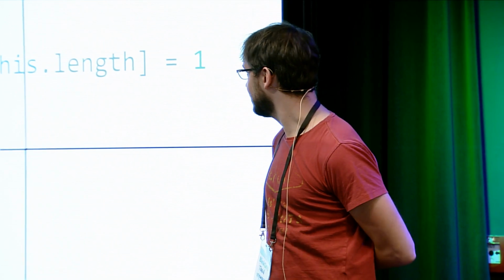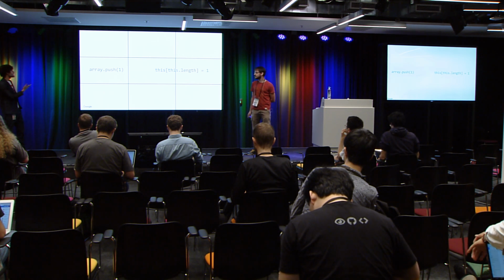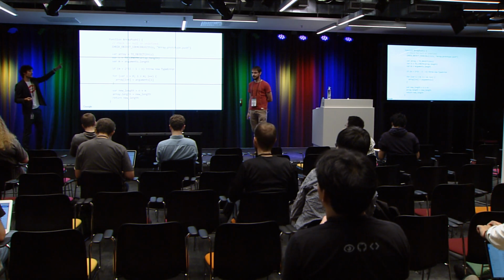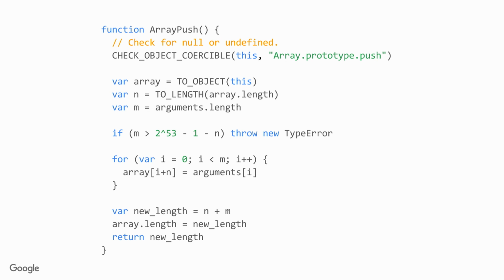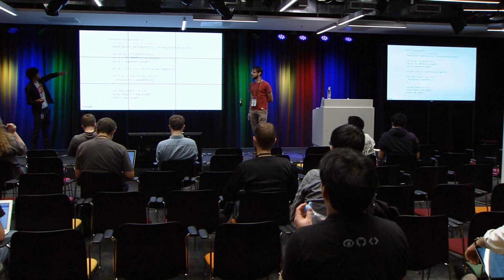Just to give an example of how this might work, here is this simple array push function. Conceptually, what this does is you just set the value at the length of the current array. That's a very simple operation. But that's actually not what we do internally, because the JavaScript spec requires us to do this thing here. We have almost side effects at any of these steps in between, and we're required to do these step by step. So you can imagine that this doesn't quite match the expectations of a programmer when he sees array push. And to actually